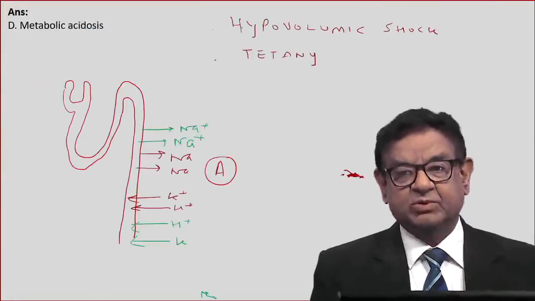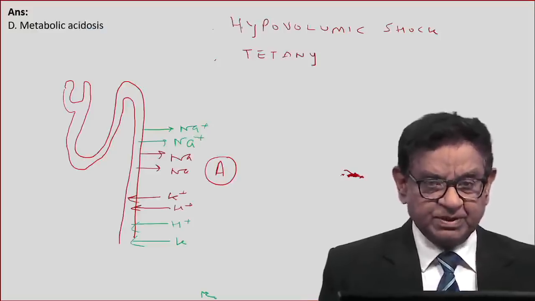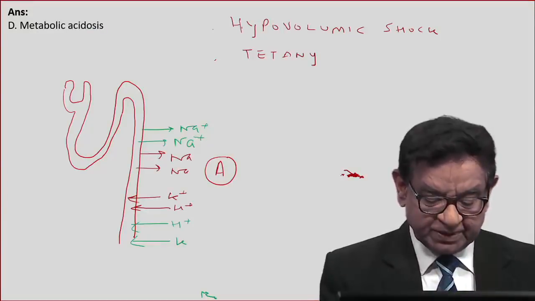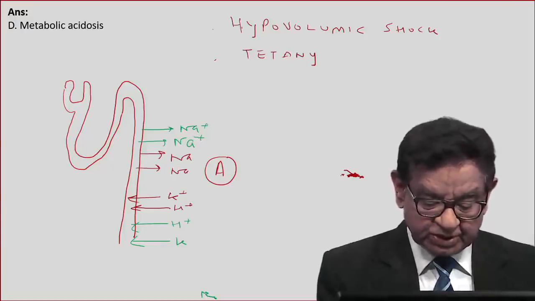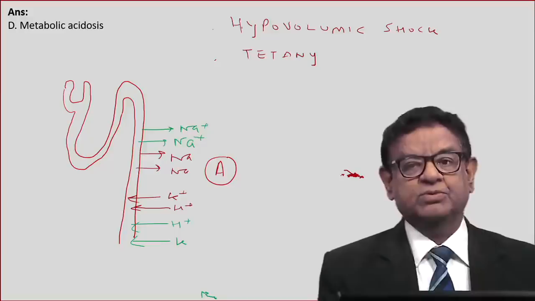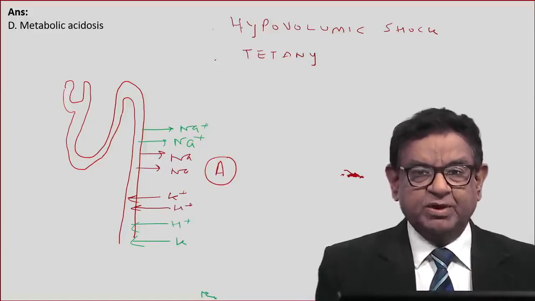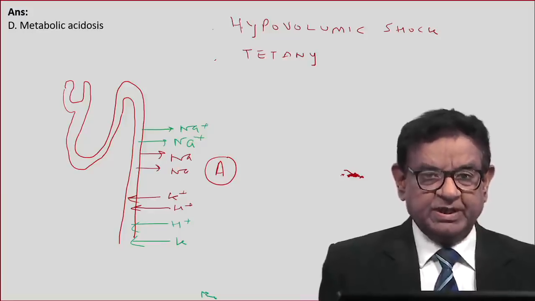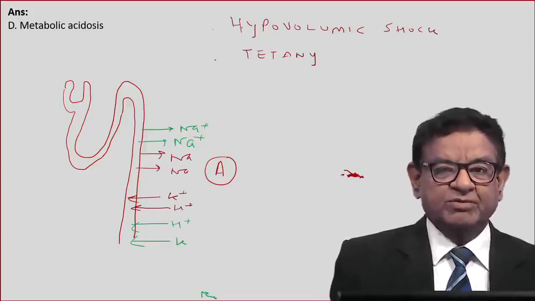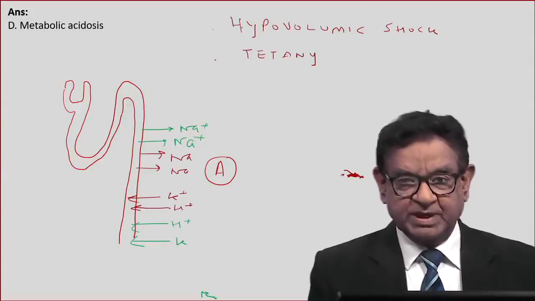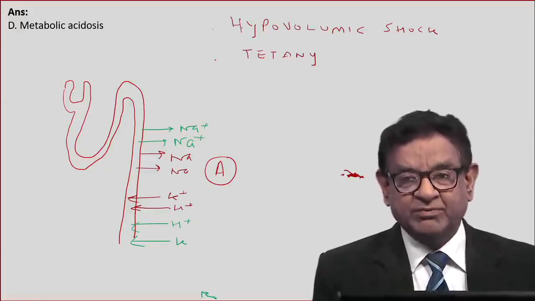The basic concept goes like this. As the body is losing a lot of sodium, now what happens? This is the glomerulus. Now this large amount of sodium comes to the collecting tubule and DCT. Already the body has hyponatremia and sodium is one of the most precious ions for the body. Now the body will try to conserve as much sodium as possible. So now let's learn what happens in normal physiology.